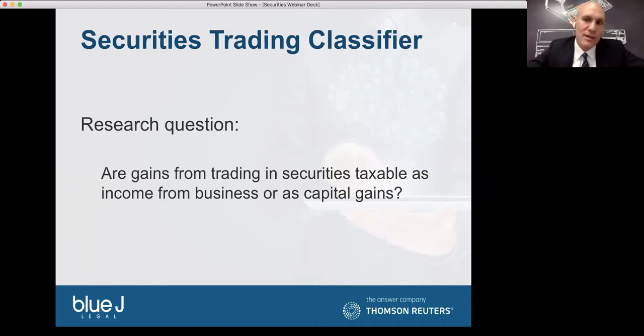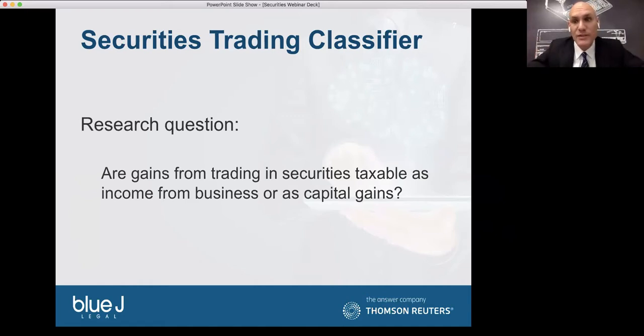So if you're talking about someone who's in and out of the market multiple times a day, for example, making hundreds or thousands of trades a year, that person is a trader. So they're not holding those securities with a view to earning dividend income. They're trading the fluctuations, and they're going to be treated by the courts fairly reliably, I would say, as being a trader in those securities, and those gains or losses from trading treated as business income.